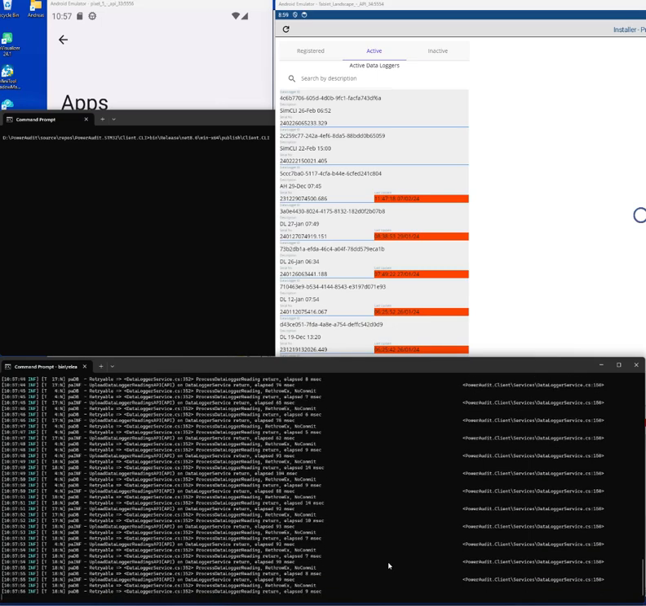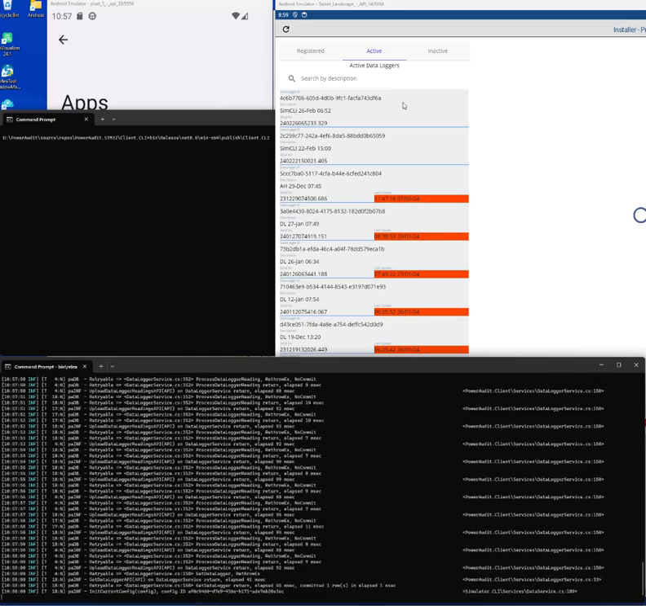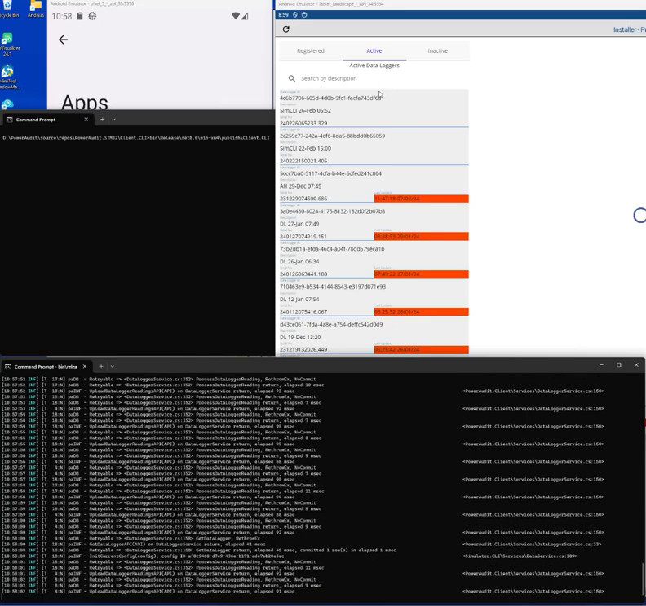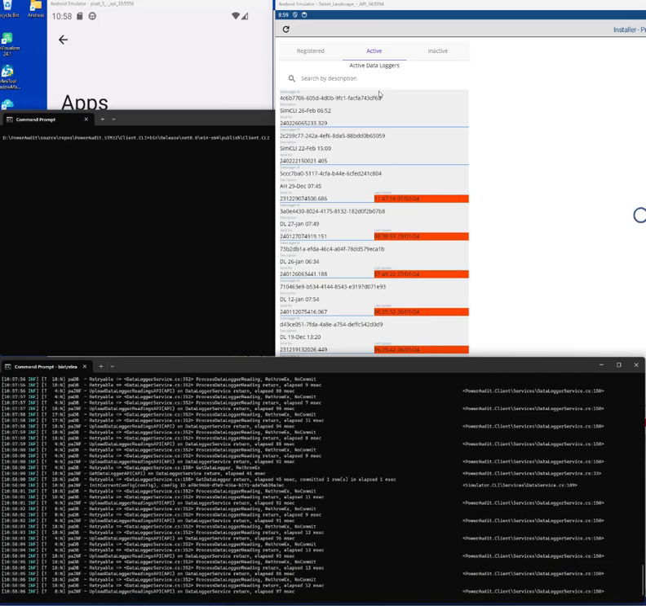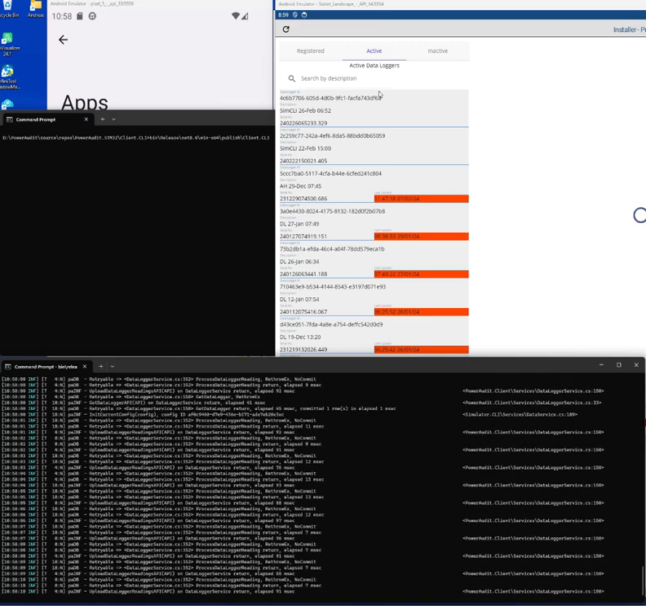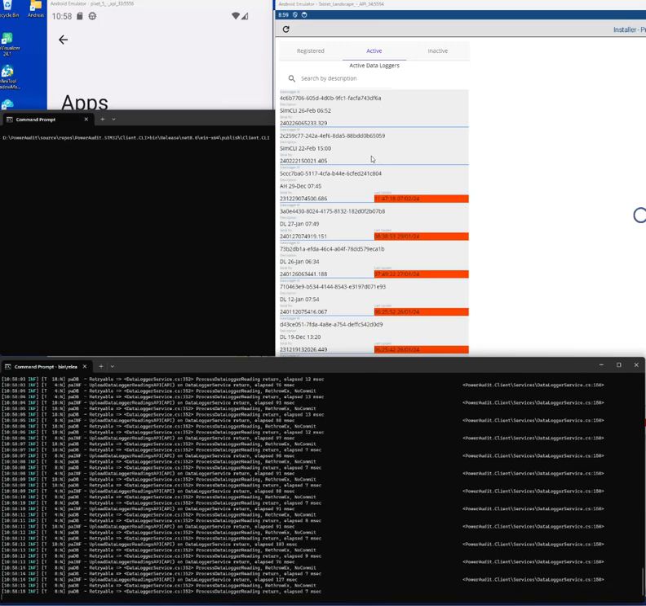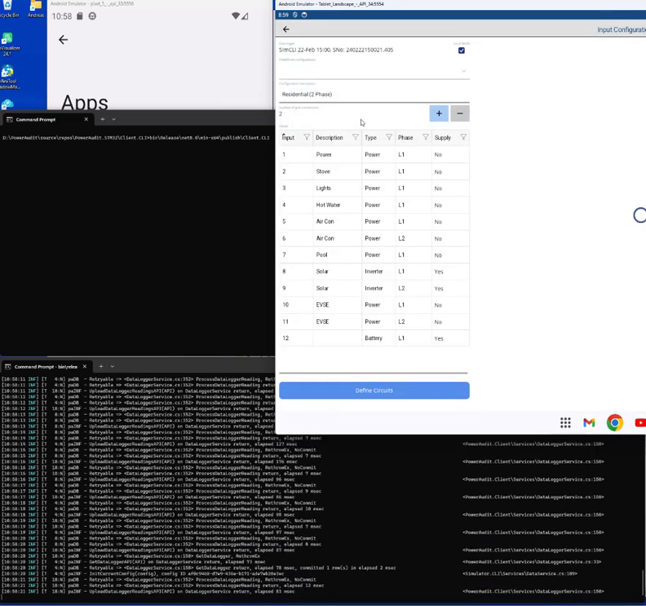So if, Kirsten, you were to then assign that logger to a customer, you should then see the data coming back via SignalR from the back end. But what we're doing here is short-circuiting that process by publishing the data locally. So that was the one there. So if we define a new configuration,